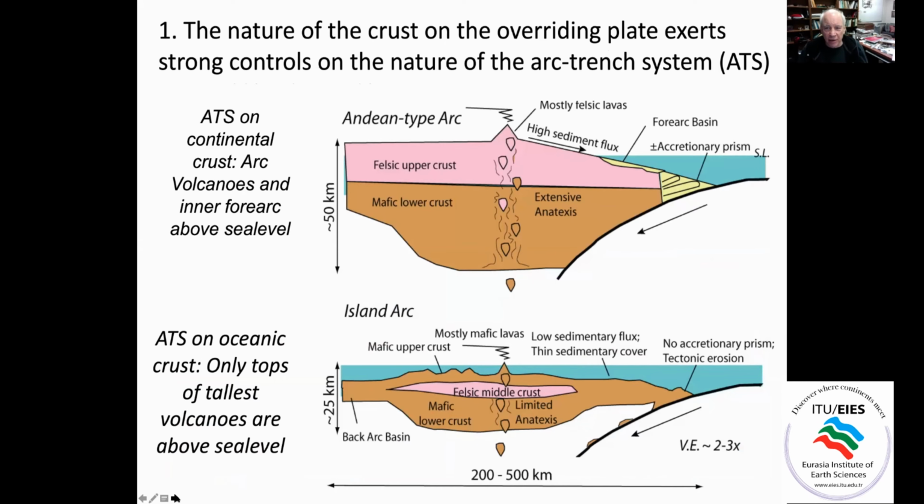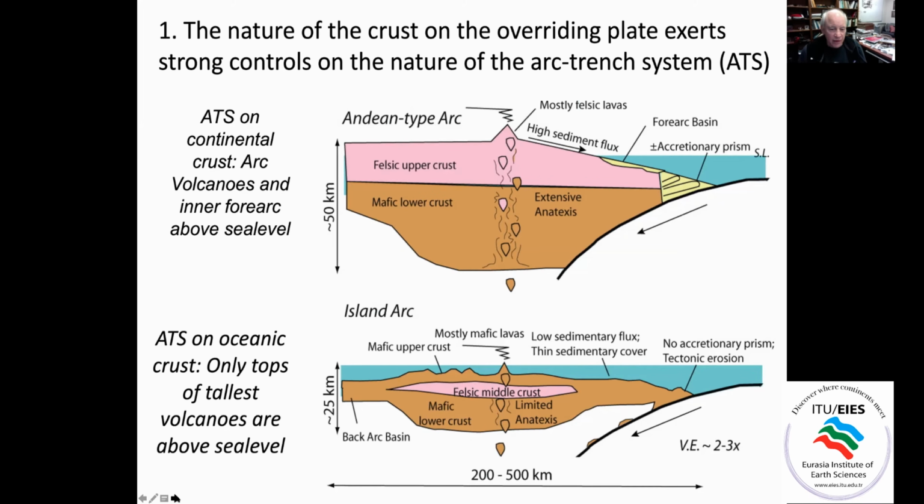So the overriding plate exerts strong controls on the nature of the arc trench system, ATS for short. An arc built on continental crust, the magma supply, basaltic magma from the mantle wedge, has to interact extensively with the crust and remelts. So you get mostly felsic magmas. These are also areas with high sediment flux. So you're likely to get a forearc basin and an accretionary prism where the sediments get scraped off of the